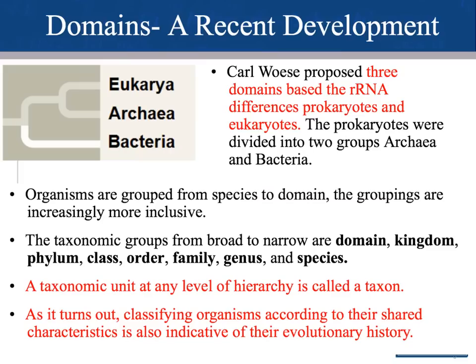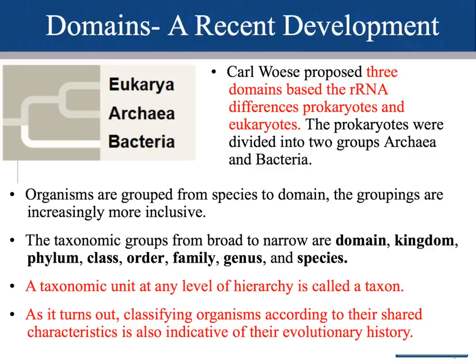So I told you a couple of slides ago that in earlier times, kingdom was the biggest grouping that we had. A more recent development is the category of domains, which was proposed by this guy, Carl Woese, and he did so based on RNA differences between prokaryotes and eukaryotes. So pretty much these are the three domains that all life fall into. The prokaryotes are divided into two groups, bacteria and archaea, and then everything that's not a prokaryote belongs to the